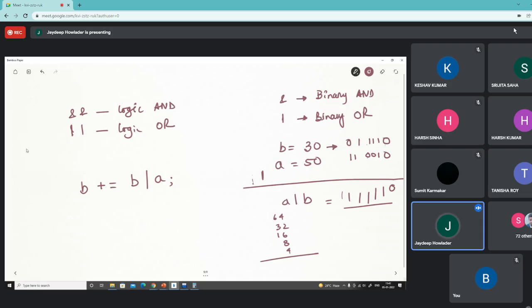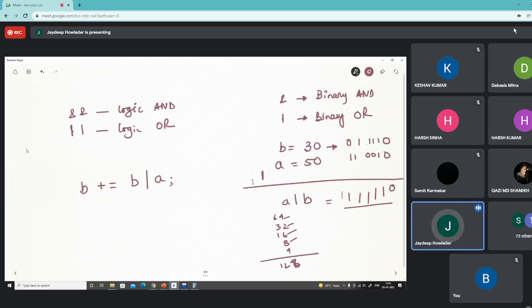So how much is it? You have missed the last 2, they will be there. So 2 plus 4 plus 8 plus 16 plus 32 plus 64. So it will be, I think, 126.